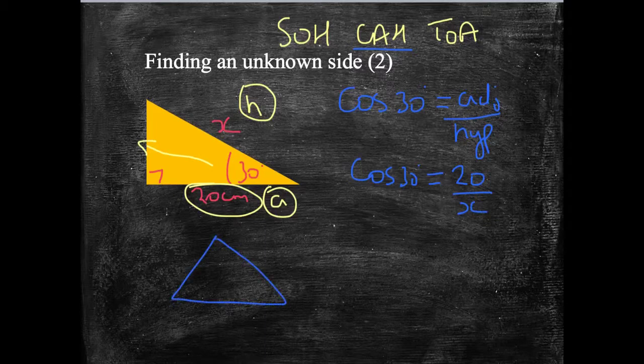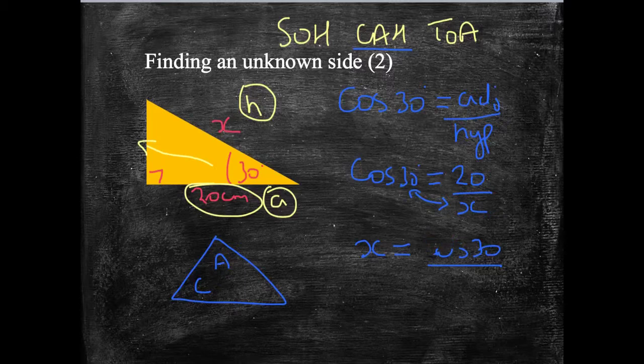We can use our triangle again to help us. CAH. I'm trying to find the hypotenuse, so I'd normally cover that over with my finger, or in this case I'm just going to rub it out. We can see now that we've got the adjacent divided by cos. Similarly, if you prefer to, you can swap these two over. So you multiply both sides by x, divide both sides by cos 30. Either way you think about it, you end up with x equals